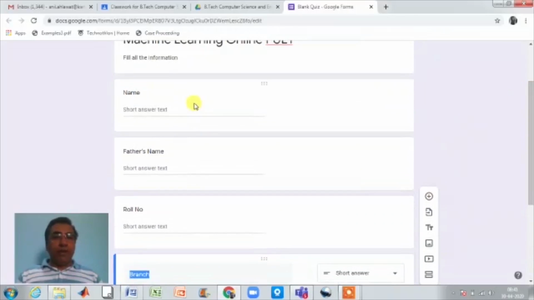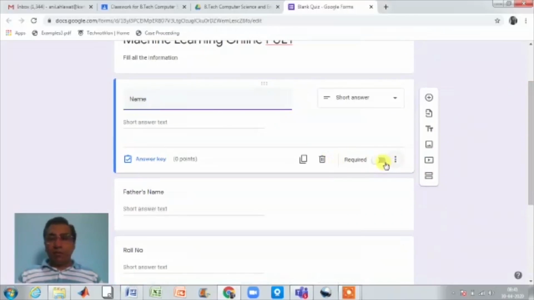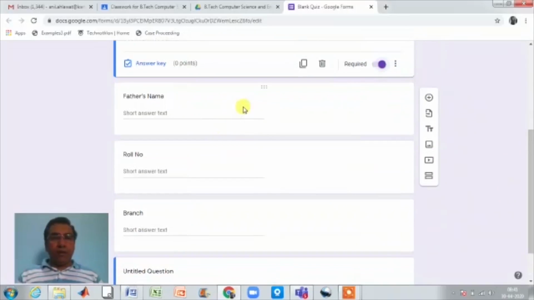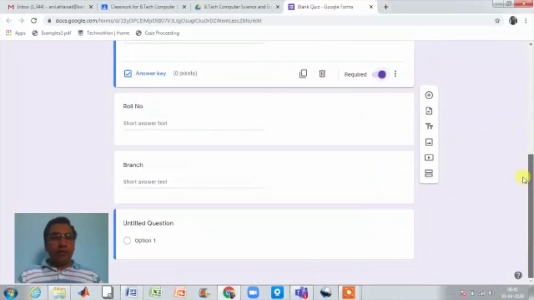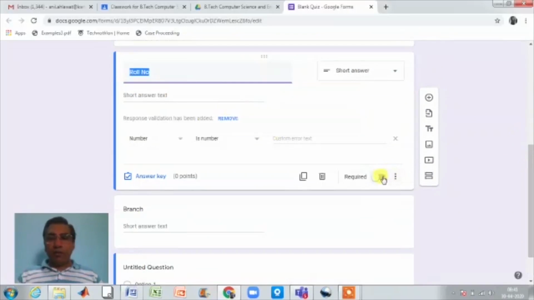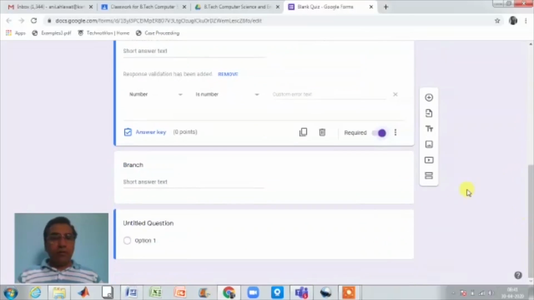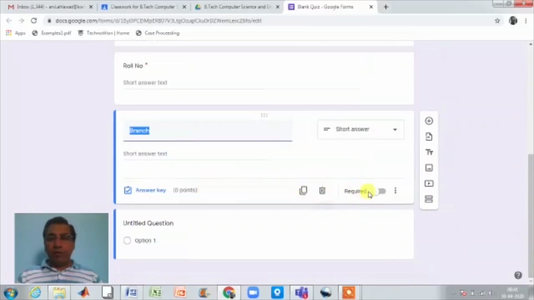So make it required. Name is required, father's name is required, and roll number is mandatory also, so make it required, and branch is also mandatory, so make it required.